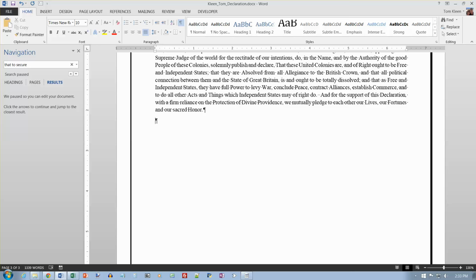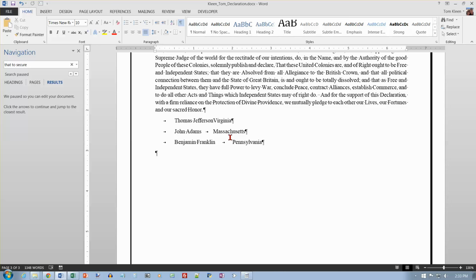Put a tab character to the left of each person's name and put a tab character immediately to the left of the state name. So I'm going to do tab Thomas Jefferson, tab Virginia, tab John Adams, tab Massachusetts, and Benjamin Franklin, and Pennsylvania. Okay, so I've entered that data correctly,